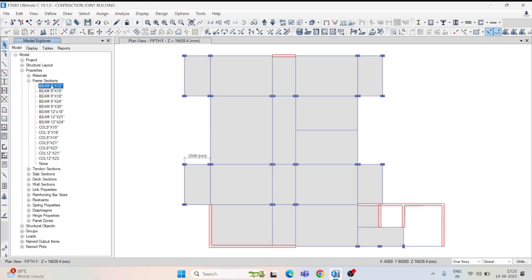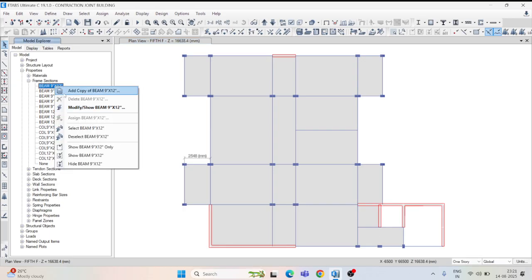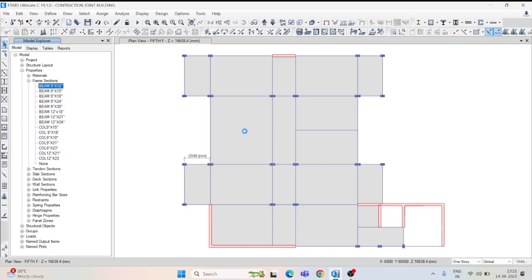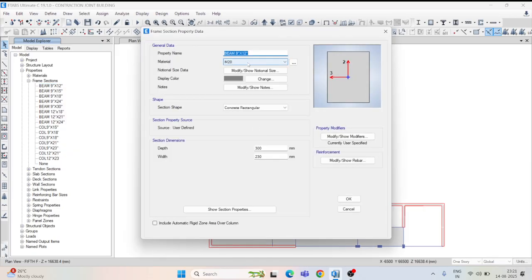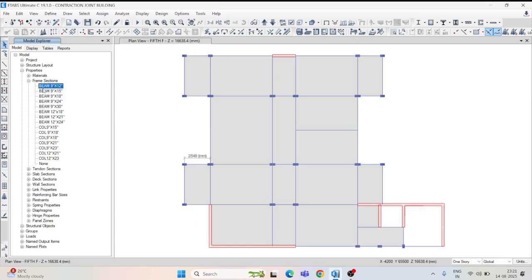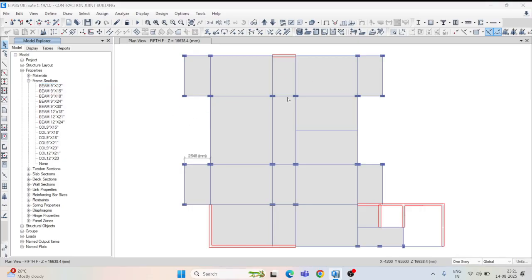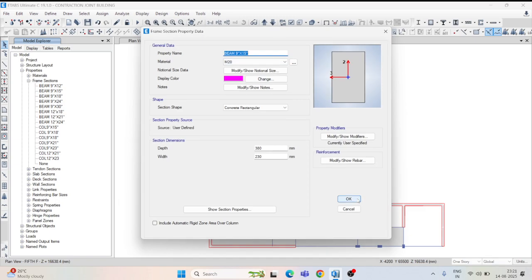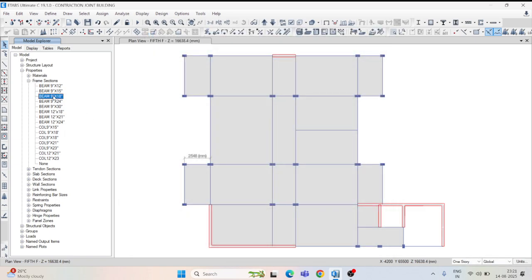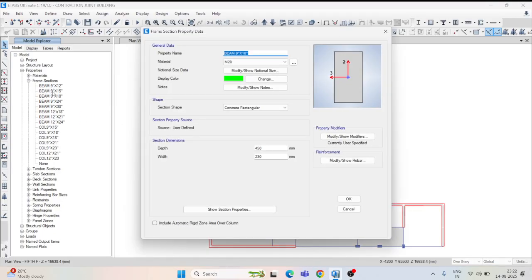Just go to the beam, click here and modify, which grade you generally use. It will show M20 here, okay. Here also I think M20, here also M20, okay. I don't know whether all beams have used it or only some, so you have to check, cross check is very necessary.